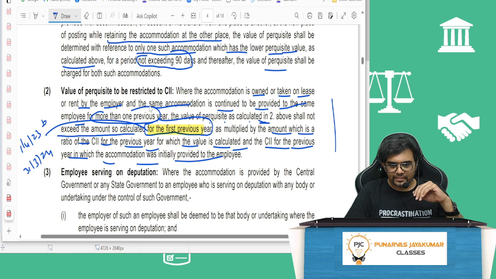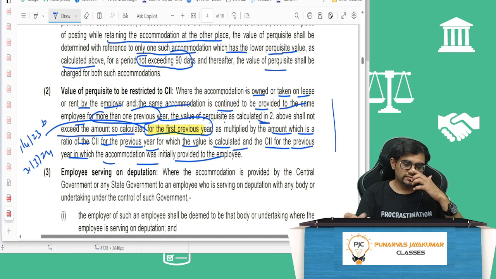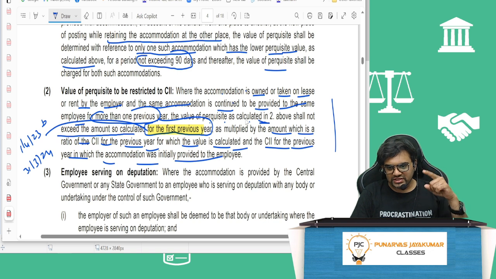If the accommodation is owned or taken on lease or rent by the employer, and the same accommodation continues to be provided to the same employee for more than one previous year, the value of the perquisite as calculated in 2 above shall not exceed the amount so calculated for the first previous year, 4 lakh, as multiplied by the ratio of the CII of the previous year in which the value is calculated